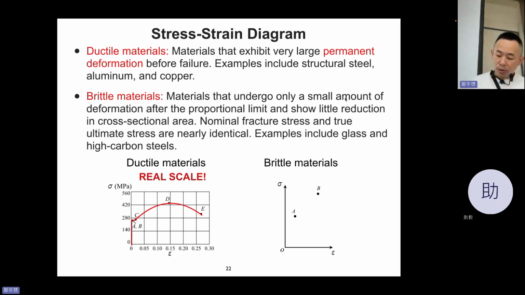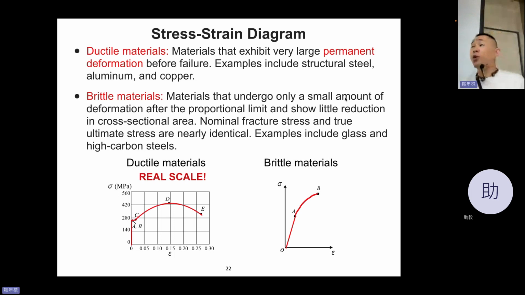For example, aluminum and copper all have this kind of behavior. But brittle materials typically have a smaller plasticity region. After the proportional limit A, they